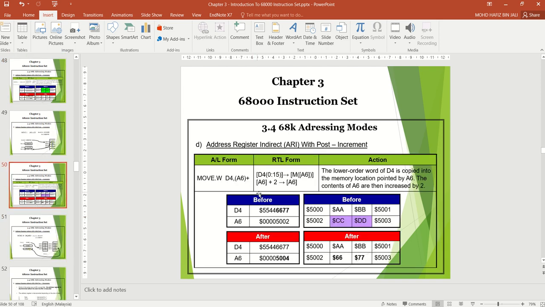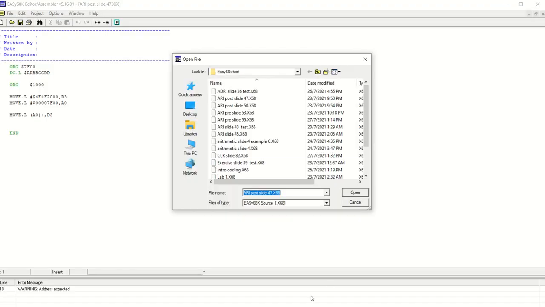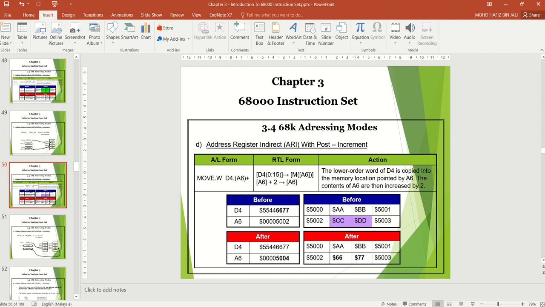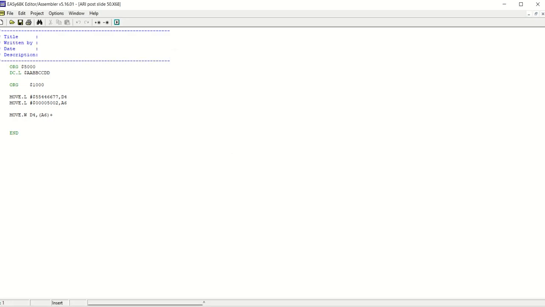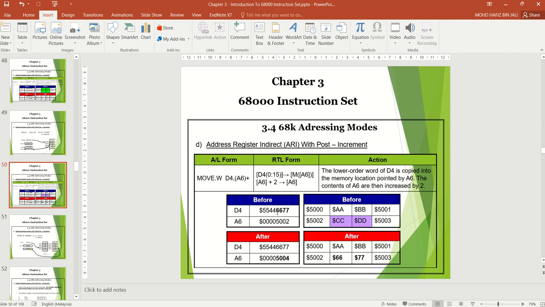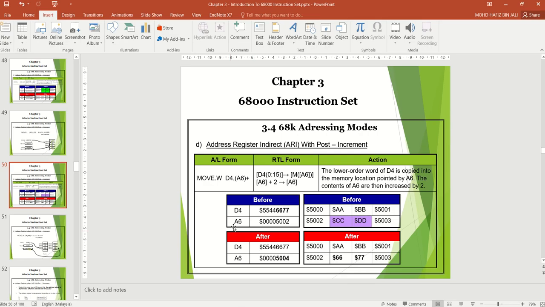So before, the content of D4 is 55446677. Let's directly see the simulation. Previously it is 55446677, so you need to set here move.l 55446677 to D4, and then A6 0005002.